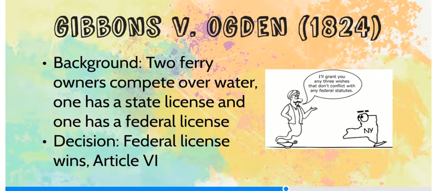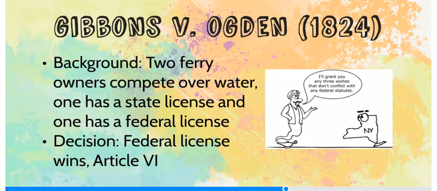Okay, because every other state license versus federal license type argument that has taken place before 1824 and has been ruled on in a court has to do over land. Nobody has asked whether or not it's over water until this case. So the question here, does Congress have the right to monitor the seas? The answer here